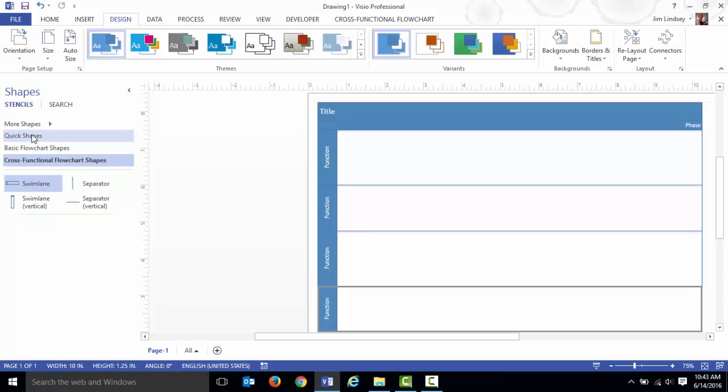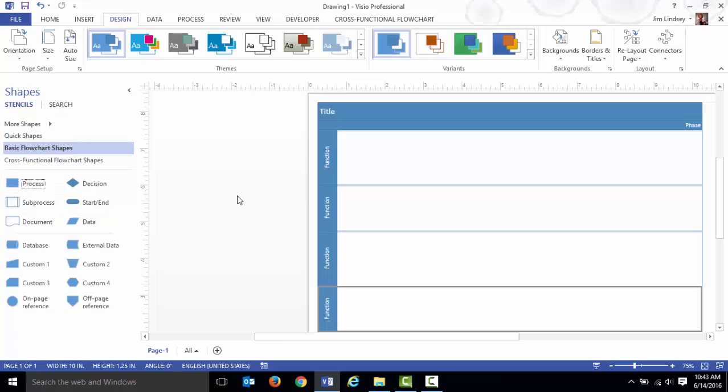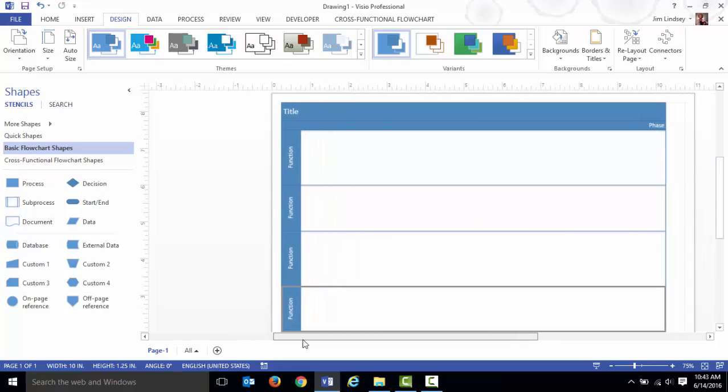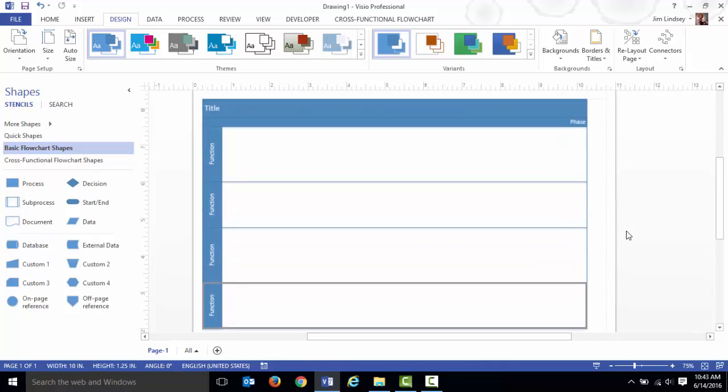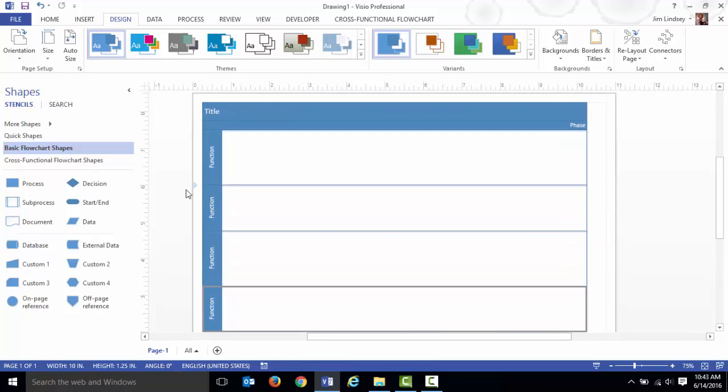Actually, I'm going to need my shapes, right? I'm going to go to my basic flowchart shapes and try and get this to be as friendly as possible looking. Okay, so what we need to do is we now need to put our shapes and labels in here to